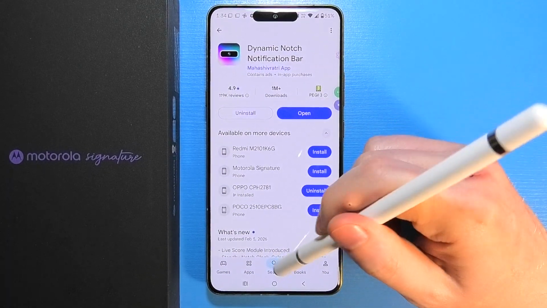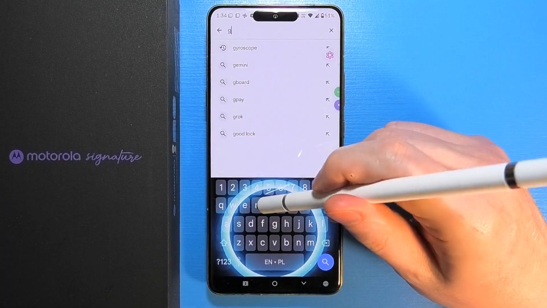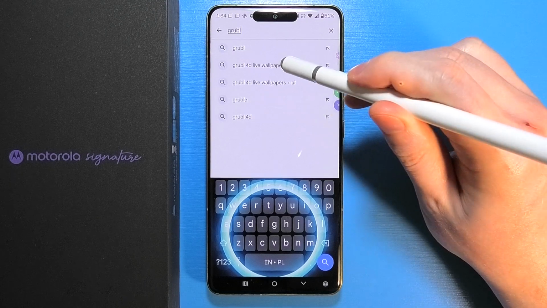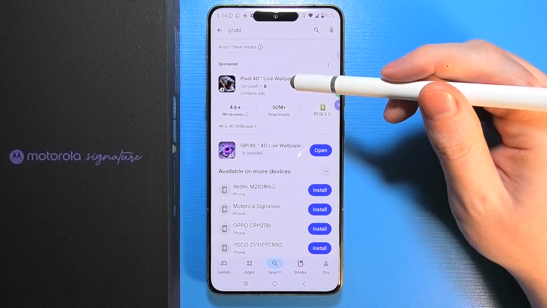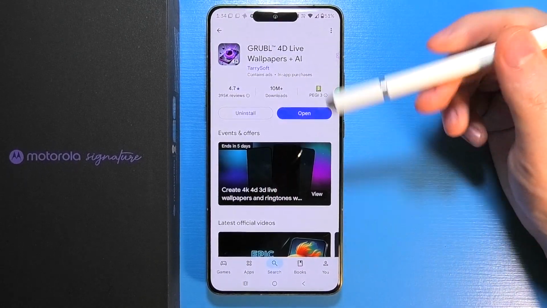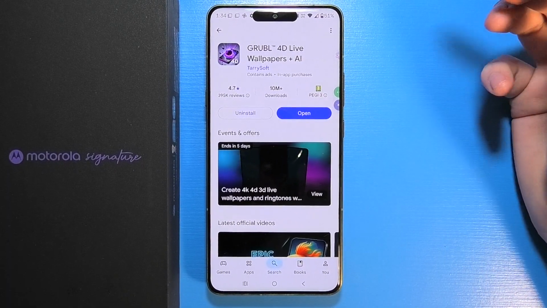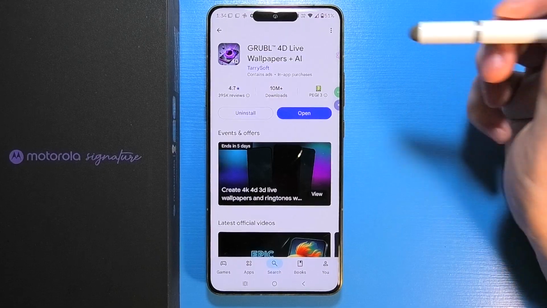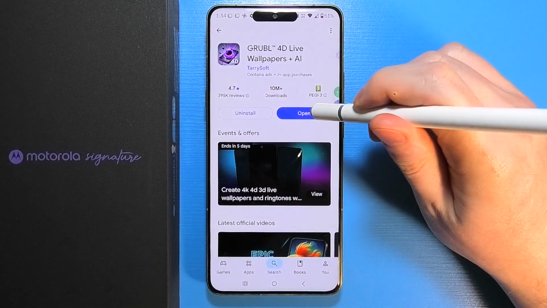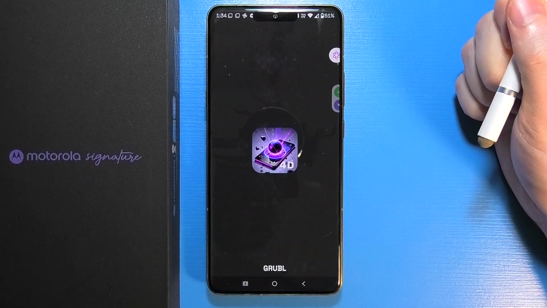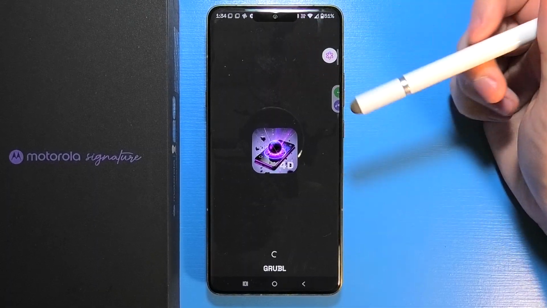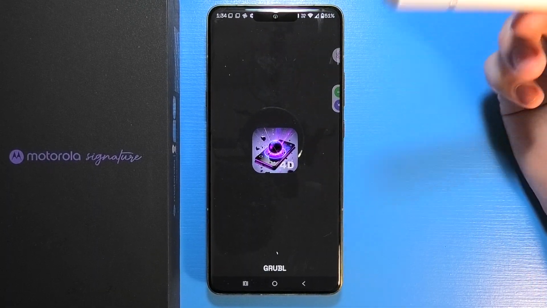So we need to open Google Play Store. In the search, just type in Grubble. And this app is great as it's not invasive with different ads, so that's why I'm using it throughout any other apps with 4D wallpapers. So open this app, and then when it's ready, you will need to allow the permissions